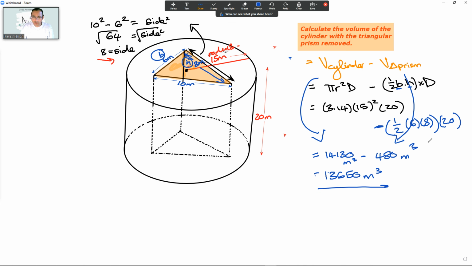Well done, though. Don't worry if you didn't get it. I think the fact that you understand this and how to get there is more important than anything else. Don't forget the formulas. Area of your base multiplied by your depth gives you the volume of any prism. Okay, and that's